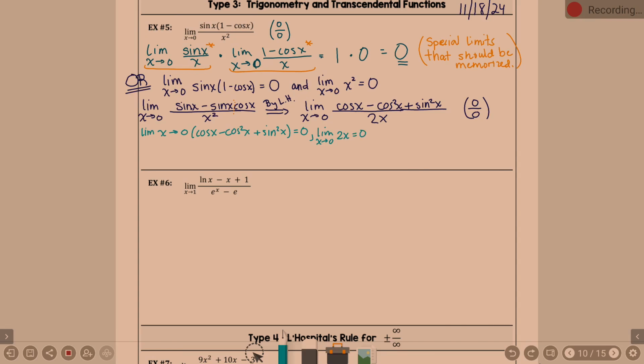Now, good news, as we go to this bottom, realize my denominator, well, you'll see here in a moment. So, the limit as x approaches 0 of cosine x minus cosine squared x plus sine squared x all over 2x. Okay, so we can say by L'Hopital's, it is going to be the limit as x approaches 0 of